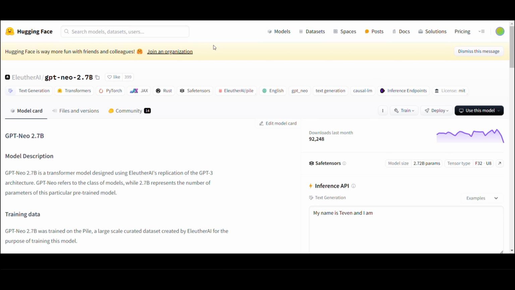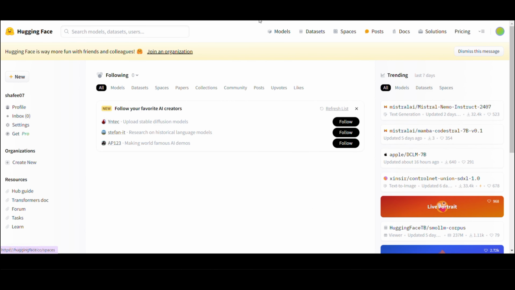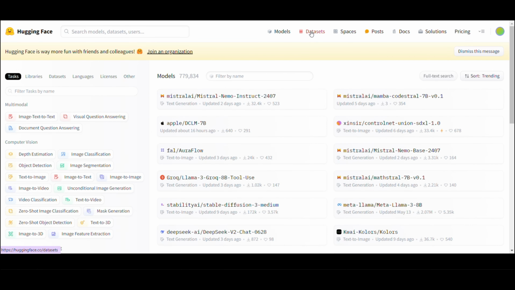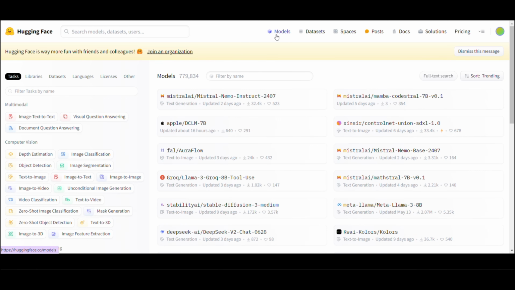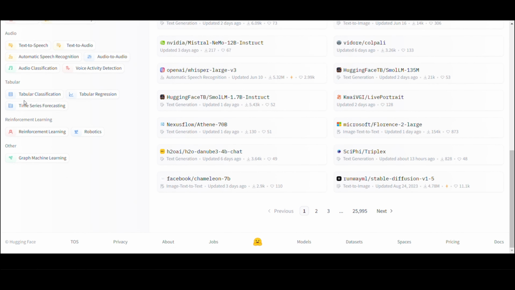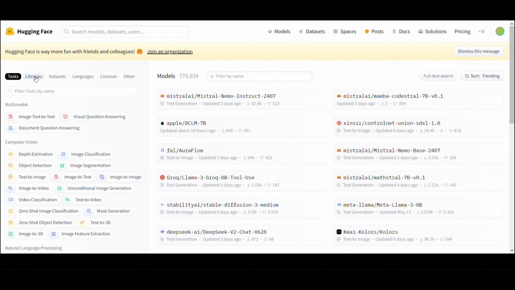So this is Hugging Face. As I have said, this is open source. We can use it for models, which are pre-trained AI models and machine learning models, datasets for our data, spaces to code, etc. In this, there are several tasks. We are going to choose a GPT model